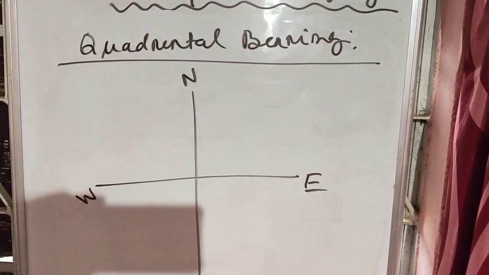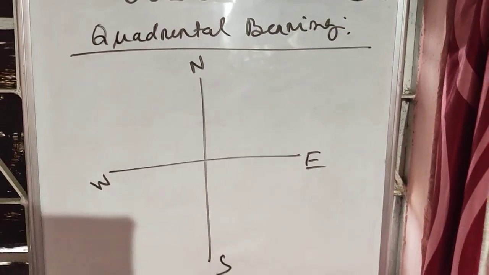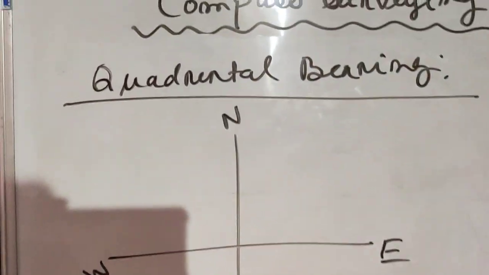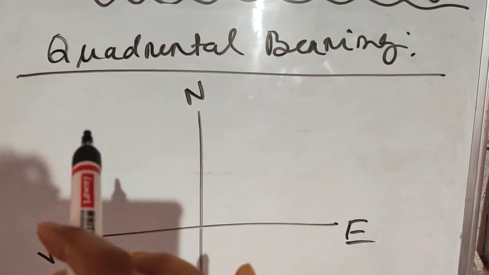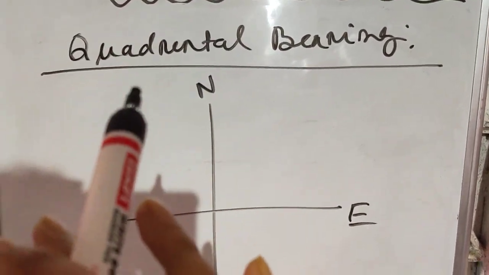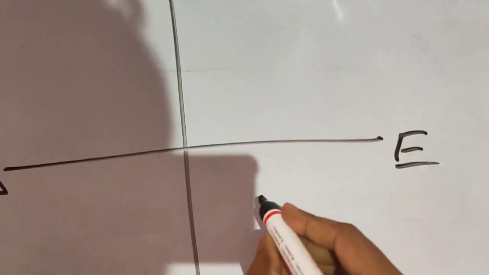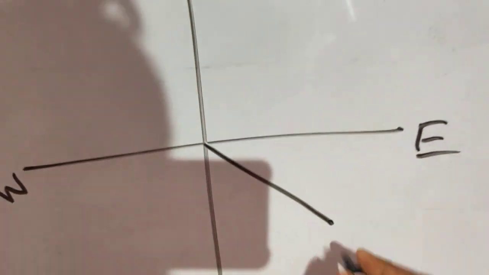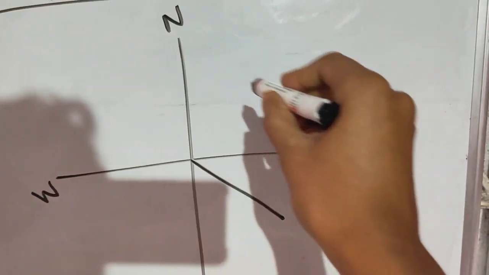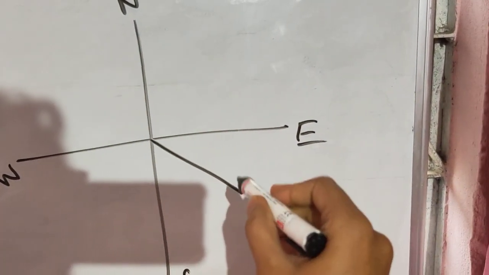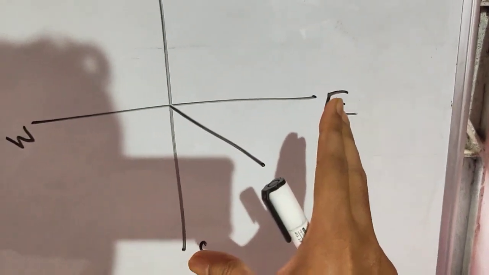So next, we have already learned about the whole circle bearing method. Now next is quadrantal bearing. What happens in this bearing is that, just pay attention to this term quadrantal. That means quadrant. So we will measure the bearings in only one quadrant. Suppose there is a line in this quadrant. Earlier, we measured this whole angle. We came from this first quadrant to the second quadrant. Now that is not going to happen. We are going to measure this angle only with respect to this quadrant only.